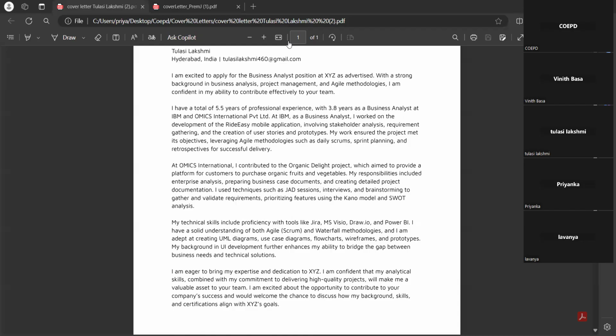Yes, it is business analysis that involves understanding and analyzing the broader organizational context in which projects and initiatives are undertaken. Key aspects of enterprise analysis: first, I need to understand the business needs. I identified business problems and opportunities, and I ensured alignment between the individual projects and the overall business strategy. Based on that, I define the business case document.